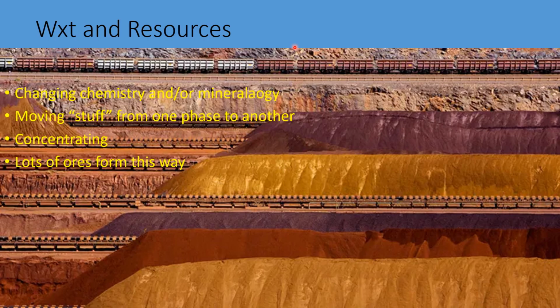And one last thing on this, the weathering is where we get a lot of our extractable resources, especially in the case of metals. You can get changes in phase chemistry so that things are easier to get to. Now this picture that is in the background here is an iron mine that I don't remember where this is at, but it's a giant one. That's like train cars on the top. But those are just red oxide iron layers being mined there.